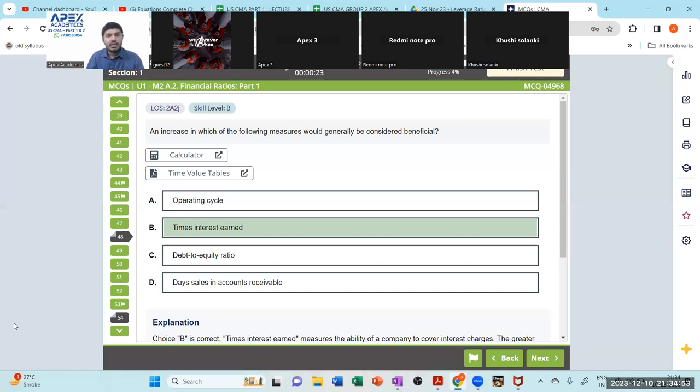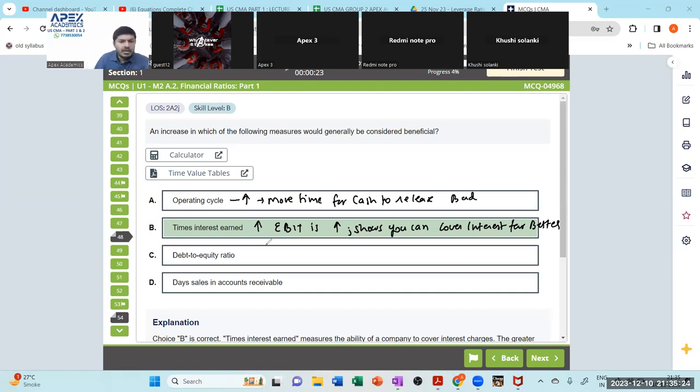Let's write over here. Operating cycle, if it increases, more time for cash to be generated or more time for cash to release. That is bad. Times interest earned, if it is more, EBIT is high. That shows you can cover interest